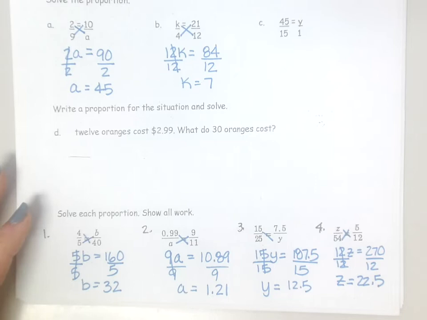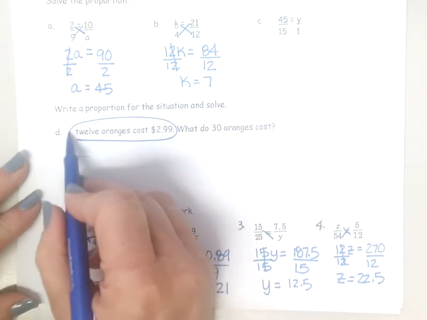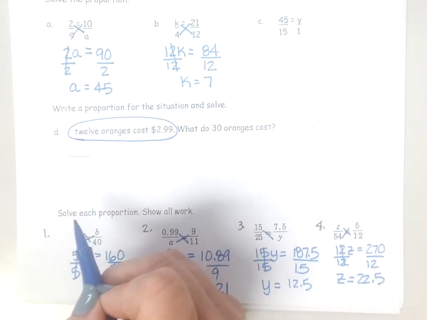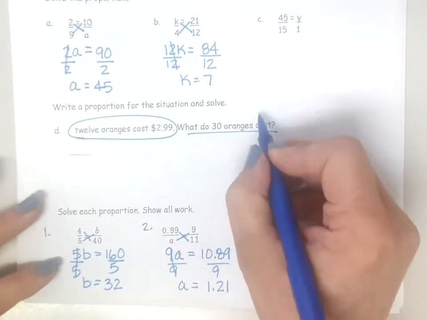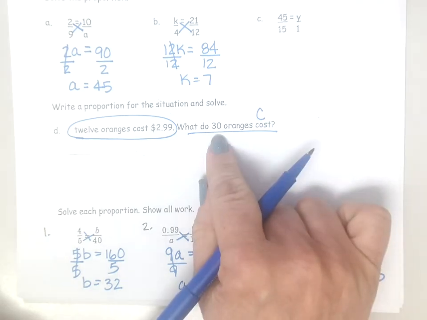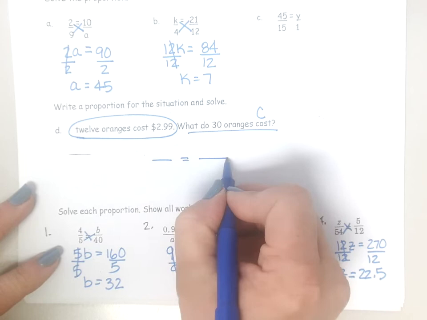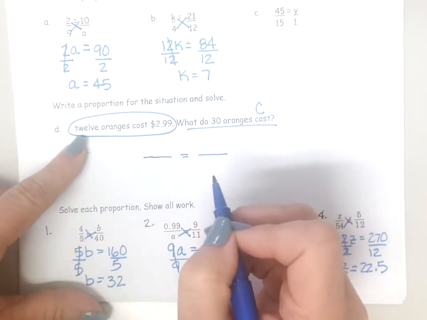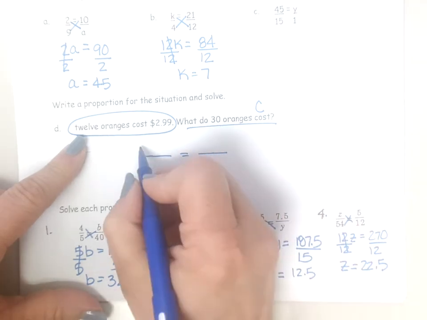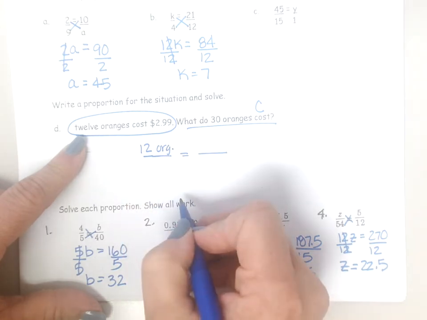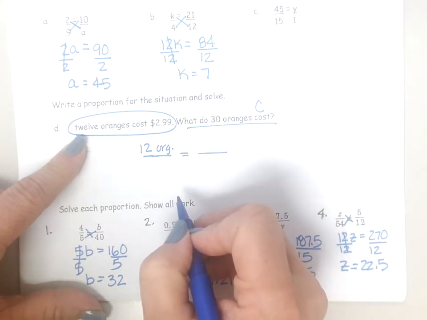Now you can set up proportions if you know things are proportional, like the 12 oranges cost $2.99 and it's going to be done at the same rate. You can set up a proportion. So this would be 1 ratio because it's a comparison of 2 things, of 12 oranges to $2.99, and then we want to know what the cost will be, so we're looking for a cost of C for 30 oranges. So when I set up, I'm going to set up a proportion. I'm going to set up the left side however I want. It doesn't matter if I put oranges or money on top, as long as I set up the other side the same way. So if I decide to put the oranges,